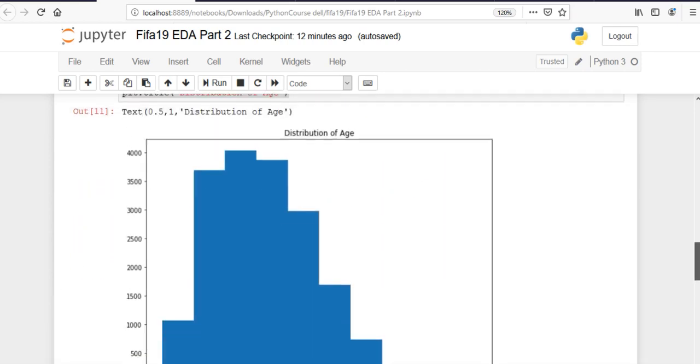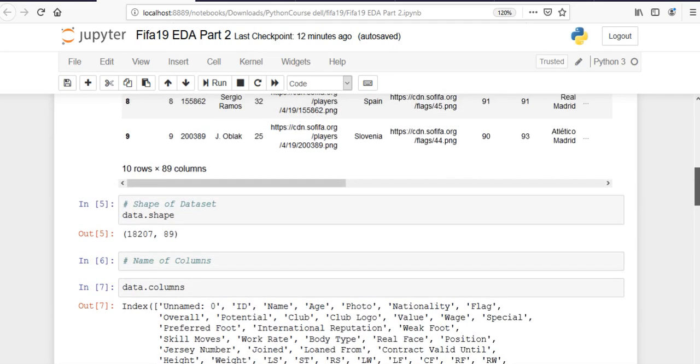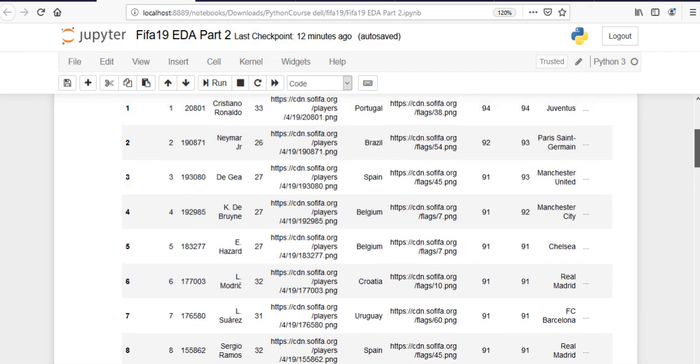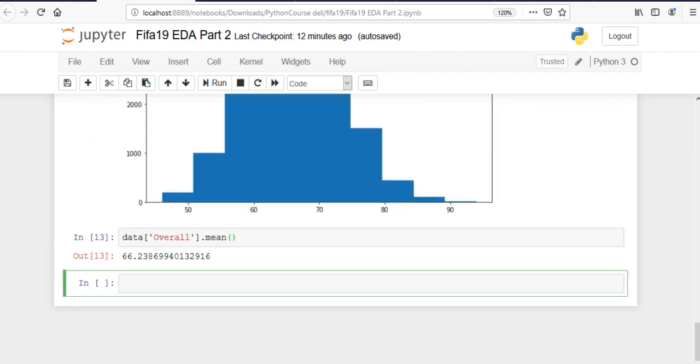So this is how we can see the distribution of any particular numerical column, and this is a histogram plot, right? And many people get confused between histograms and bar graphs. So I will try to demonstrate the meaning of a bar graph also. So for that, let's see